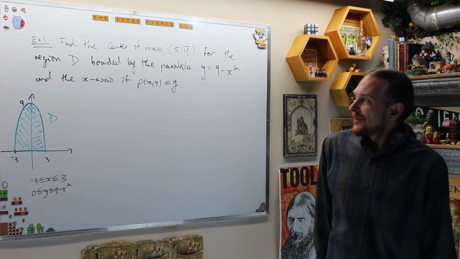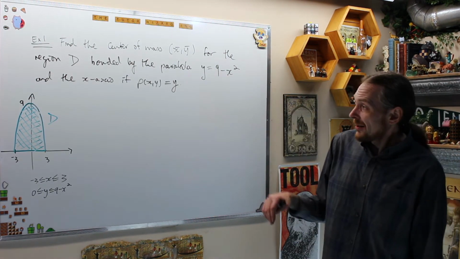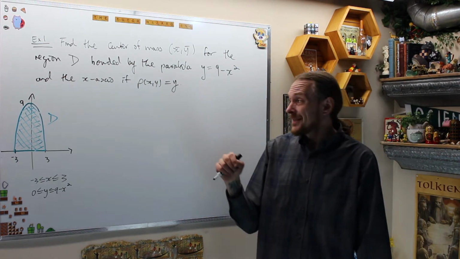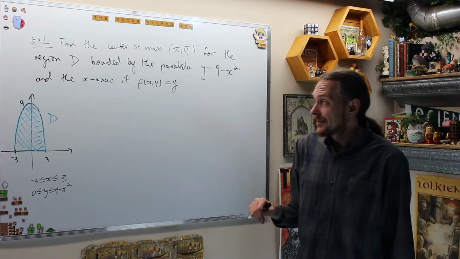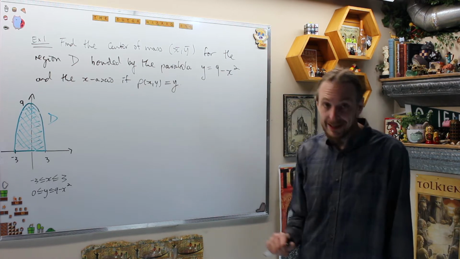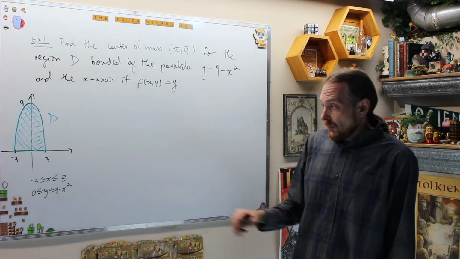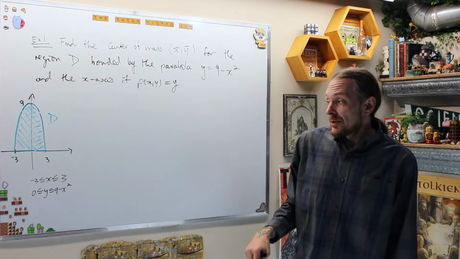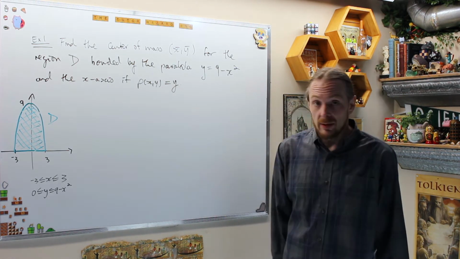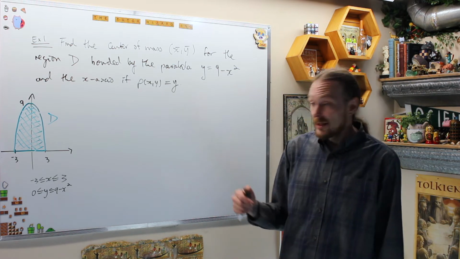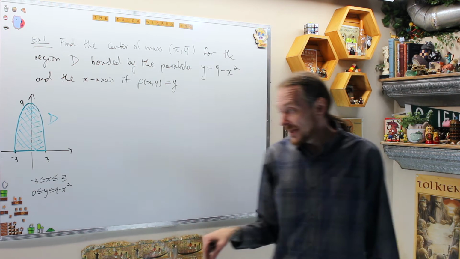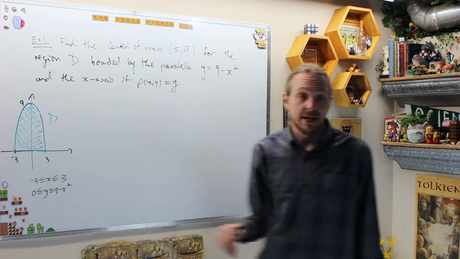All right, example 1: find the center of mass (x bar, y bar) for the region D, which is bounded by the parabola y equals 9 minus x squared and the x-axis, if we have a varying density function of rho(x,y) equals y. What we do is we set up our lamina region as usual. Go look at videos on how to set these up and phrase these as type 1 and type 2 double integrals of general regions in the plane. I have one of those. I see that my x bounds are -3 to 3 and y is going from 0 to 9 minus x